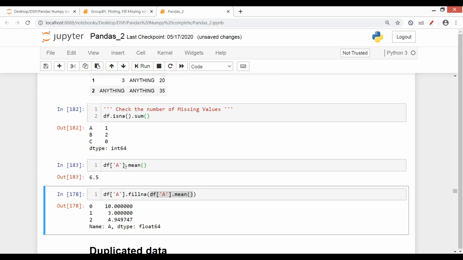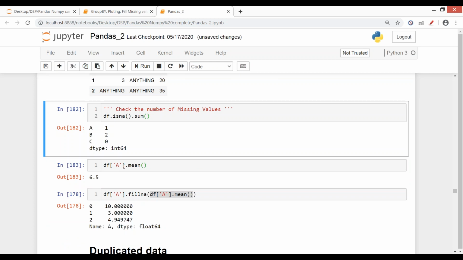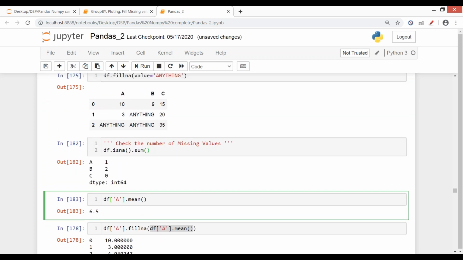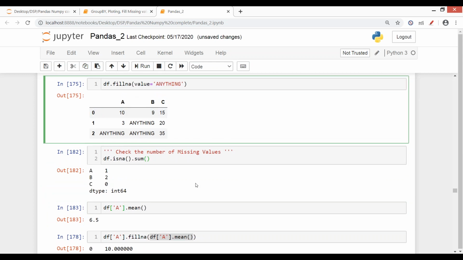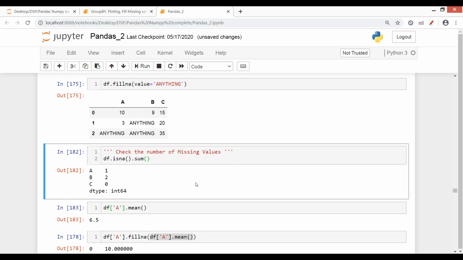See, if I do df['A'].mean(), what will this do? It will give me the mean of column A, correct? So what I'm doing here, like fillna, what we did was the missing value treatment using this keyword, but this is not an optimal way, just a way that you can also do it like this.